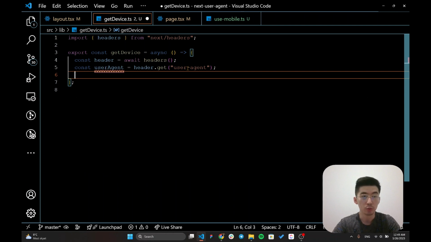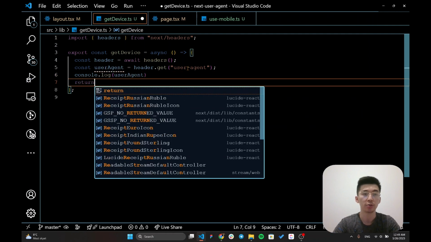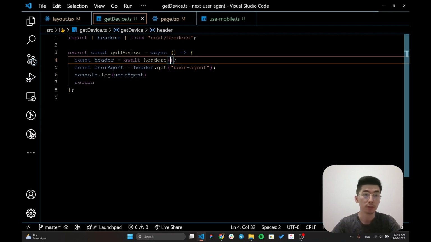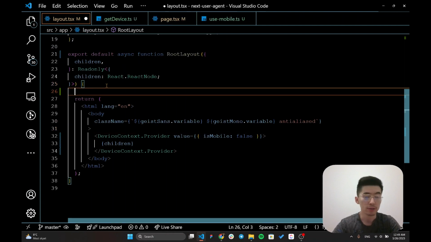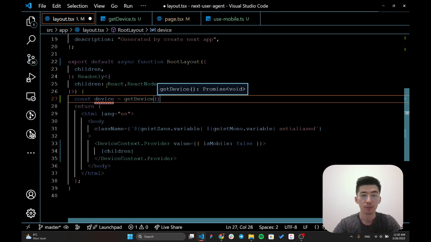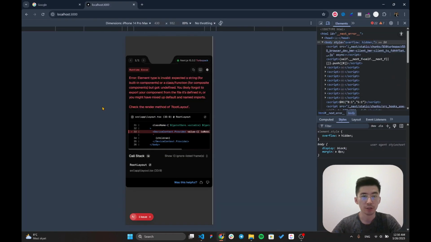So for that, I'm going to call a console log user agent and just return some undefined value. So let's go over to layout and call this method within our layout. I'm going to call it device getDevice. Our root layout should be an asynchronous function, therefore I can pass an await. So let's try to refresh. So there is an error since